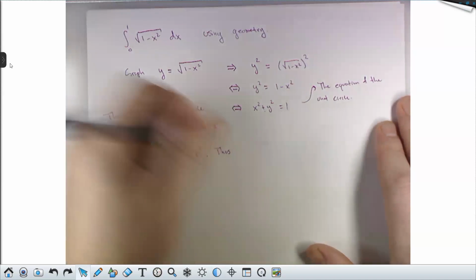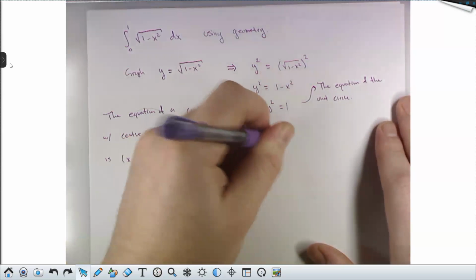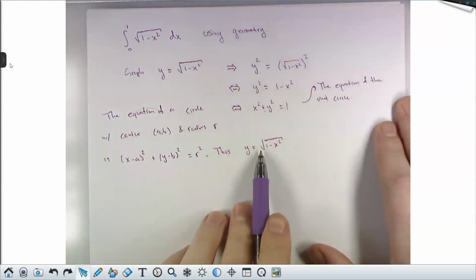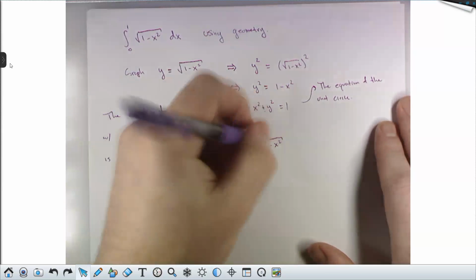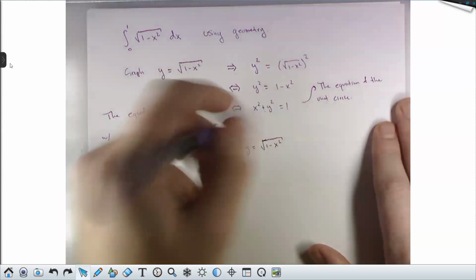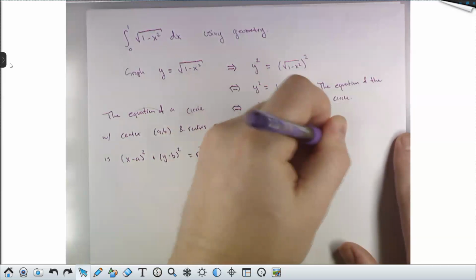Thus, y equals the square root of 1 minus x squared. If you were to take this with the plus and the minus, you would get the whole circle. But since you're just taking the positive square root, you're only getting the positive y values, is the equation